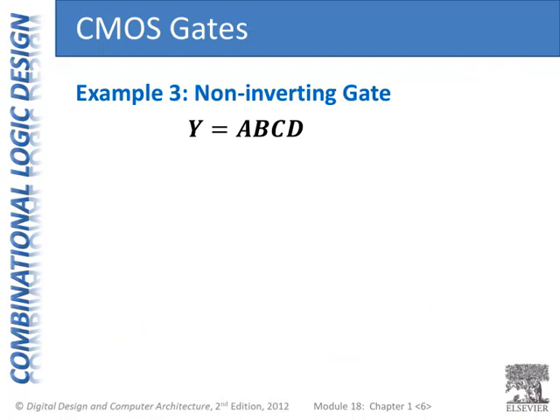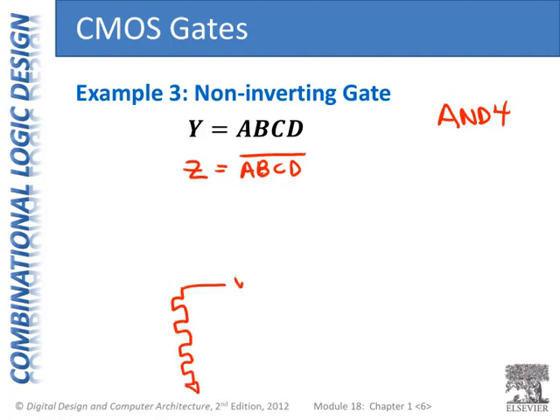Now let's do some non-inverting gates. Here is a 4-input AND gate. Sometimes we write that as AND 4. When we have a non-inverting gate, we know that inverting gates are easier. So we're going to build some other intermediate function, the inverted version of the equation, and then we're going to invert it. First we're going to implement this intermediate function, A and B and C and D, all of that bar,